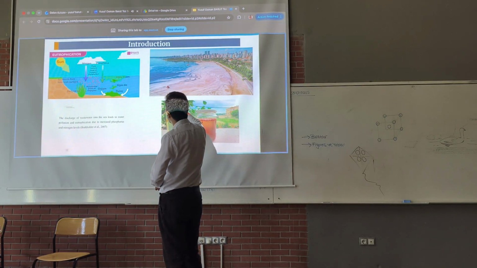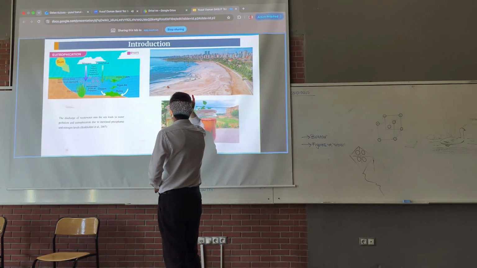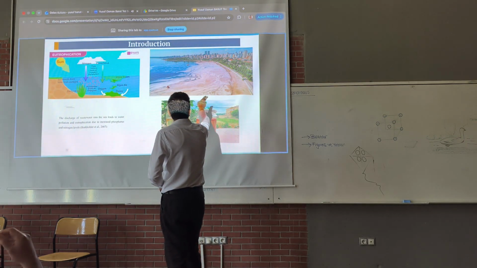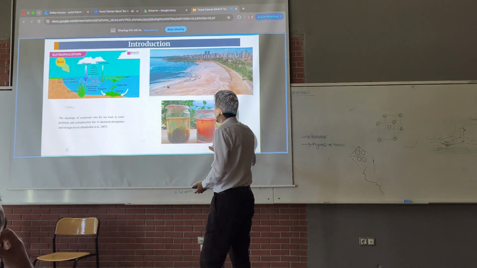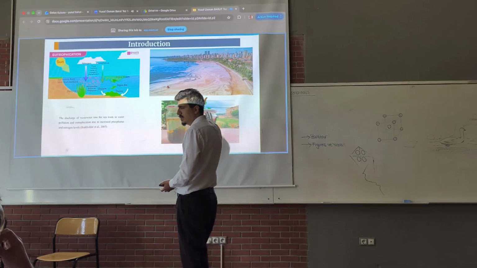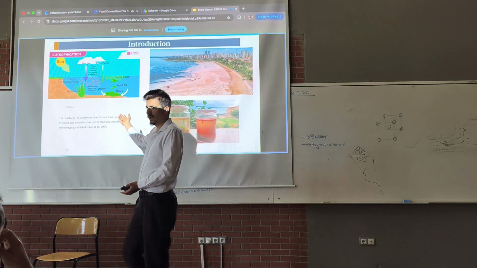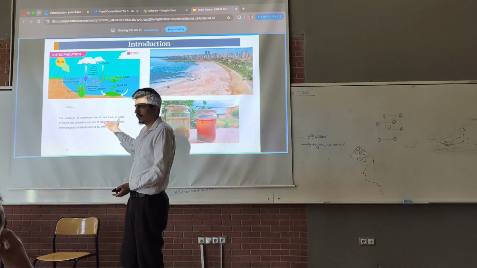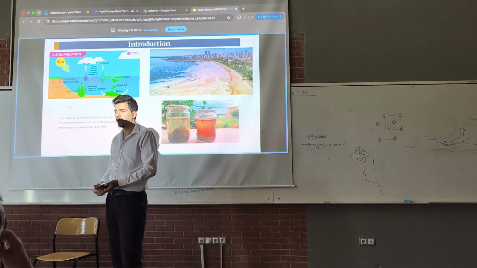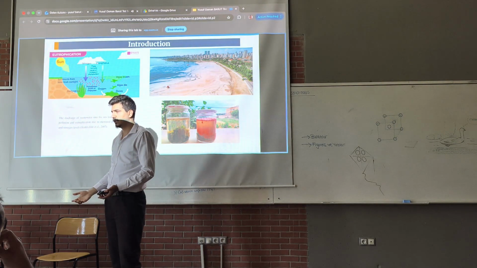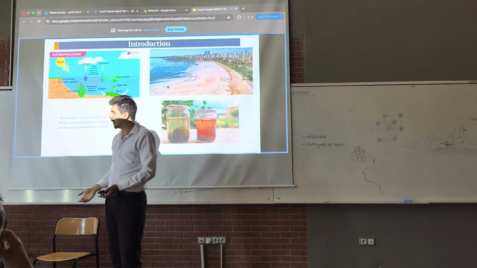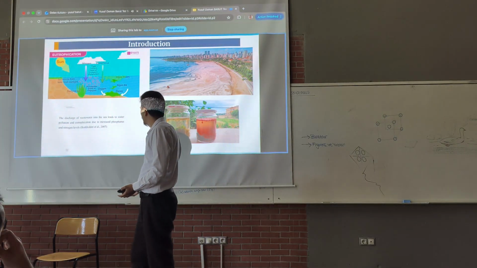This mucilage is actually this eutrophication in our seas. So why is this caused? It's caused mainly by the wastewaters, from the industry, from our homes. These wastewaters go directly into the sea. So this should be